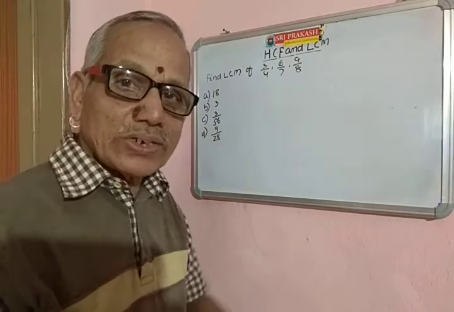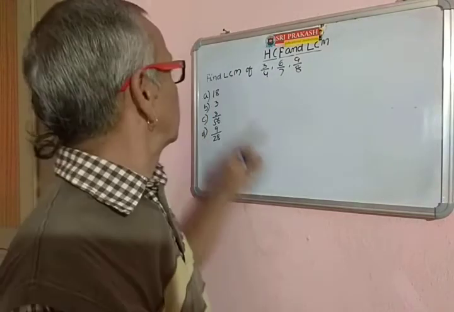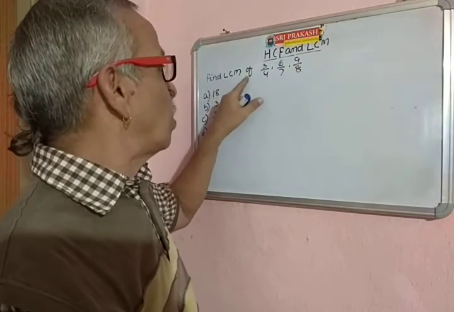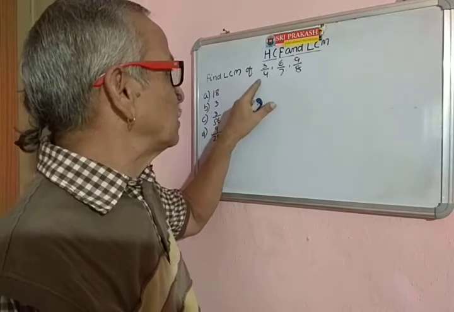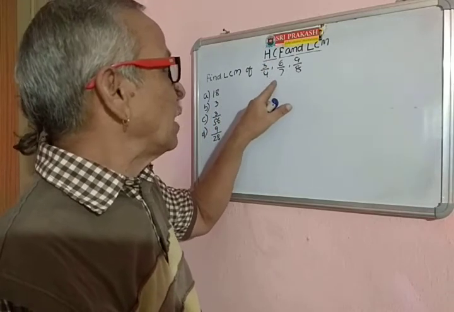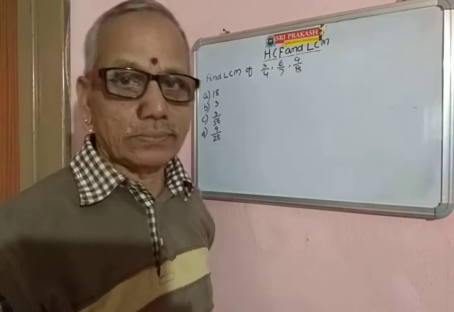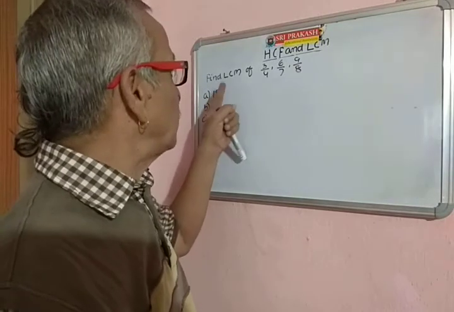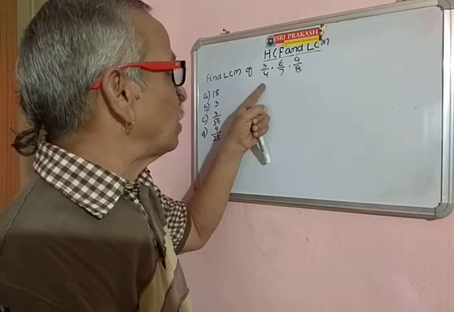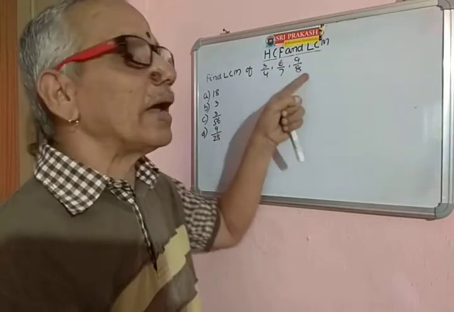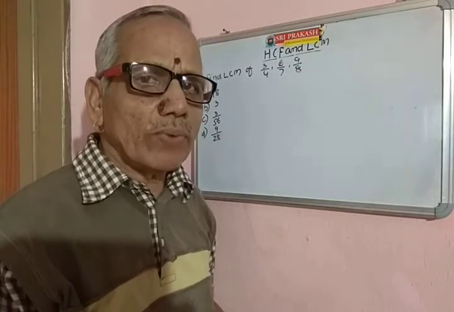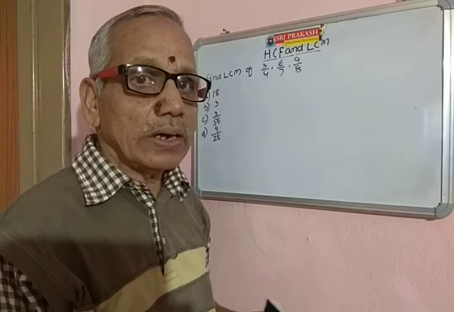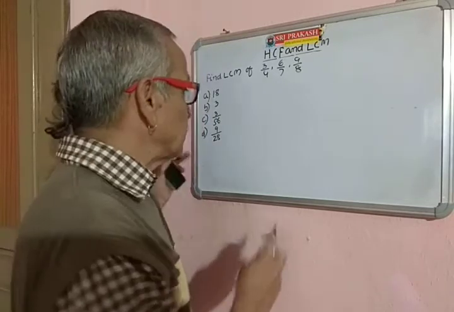Now your next sum reads like this. Find LCM of 3 by 4, 6 by 7 and 9 by 8. What you need to find? Find the LCM of 3 by 4, 6 by 7 and 9 by 8. And what is the formula for LCM of given fractions? It is